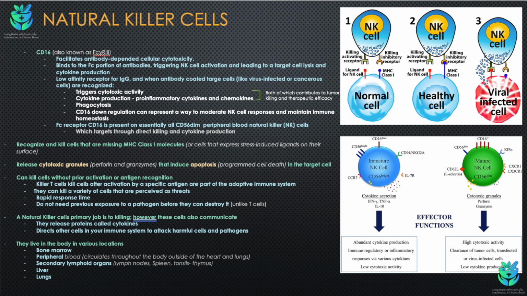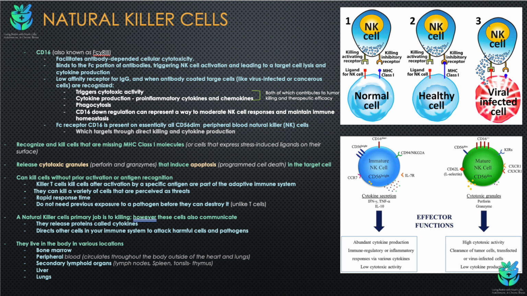CD16 is also known as the Fc receptor 3. Now remember, we talked about the Fc receptors earlier in the video. The Fc receptors are a group of proteins found on the surface of many immune cells, and they bind to the Fc region of antibodies on other cells. And that's what tells the immune system that you have an infected or damaged cell. And don't forget, we also talked about if there are mutated Fc receptors, it's going to completely change how your immune